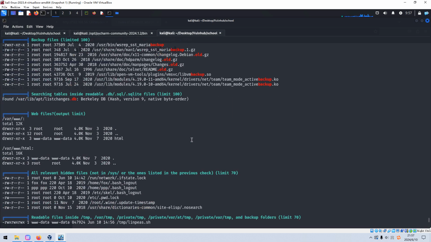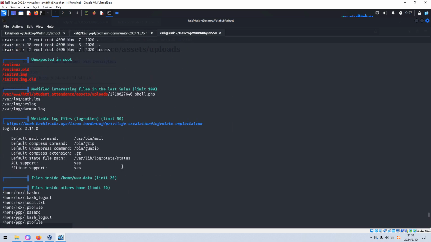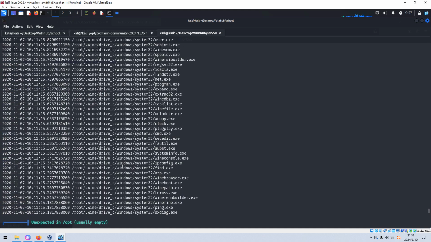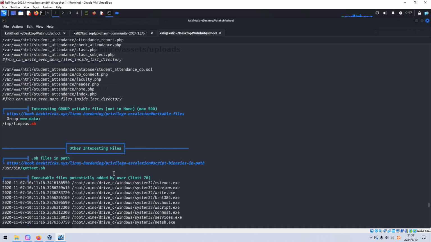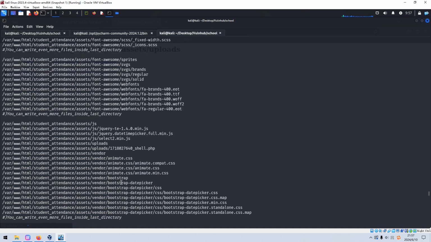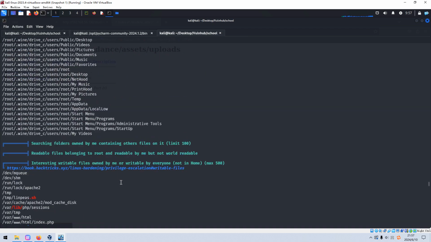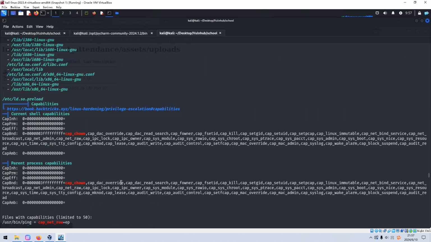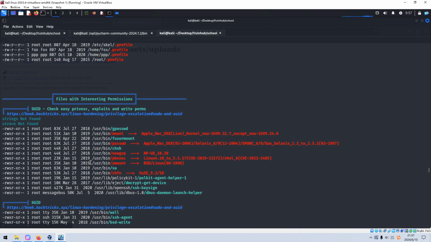And we can scroll back to see whether we can find the vectors which allow us to elevate our privilege. I think here in the root directory has a wine. You know, wine is simulating Windows and can install Windows executables just as if we are inside the Windows operating system. Okay, so now we can scroll up to the capabilities information. Nothing interesting.